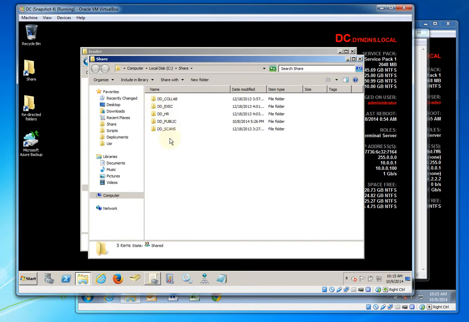I see a lot of organizations that are customers that have one large share for the entire organization on a file server, and it's set up so that everyone has access to everything, and even worse than that, everyone has full control access to everything. I typically don't recommend that, and if I see that, what I recommend to those people is to do a